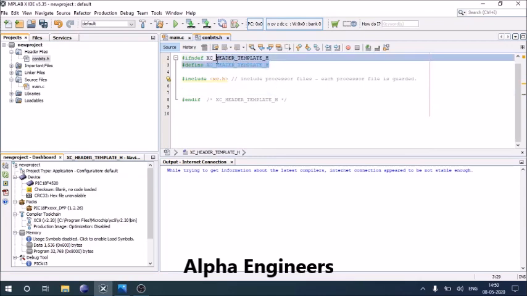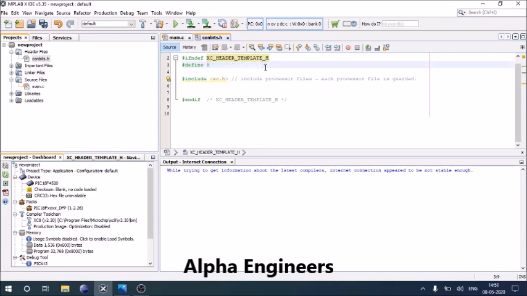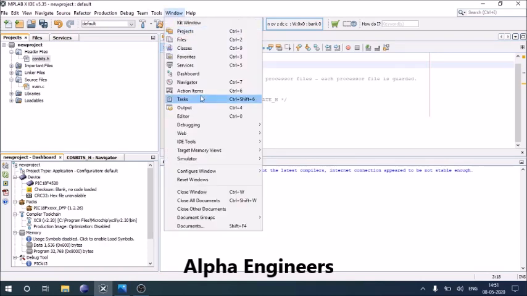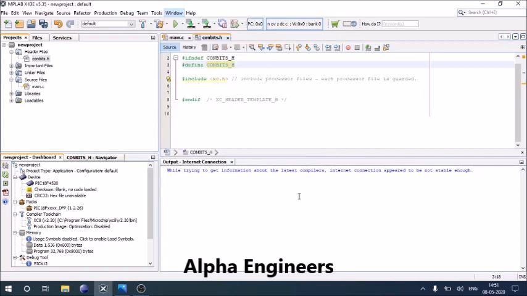So here you need to replace the default header template with conbits_h, conbits_h, and there you are. So after that, click on window, select target memory views, click on configuration bits.